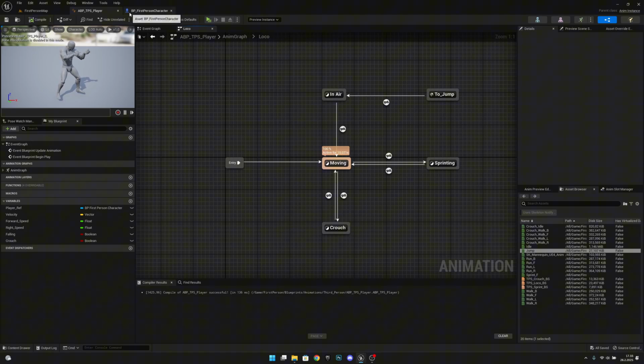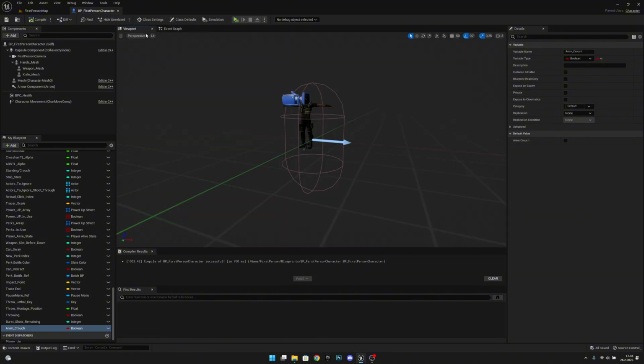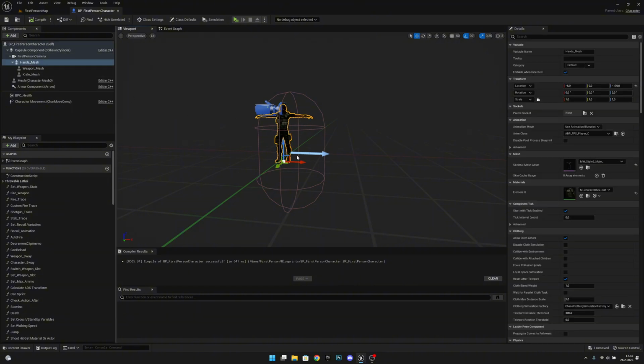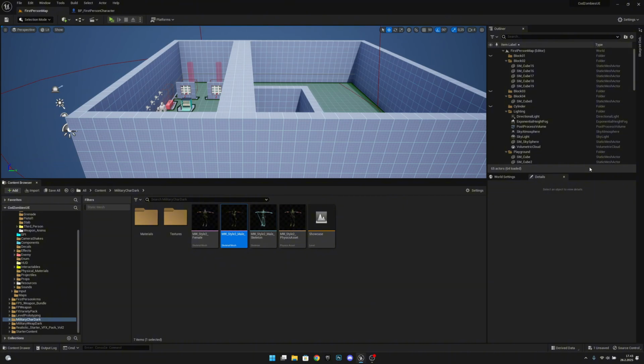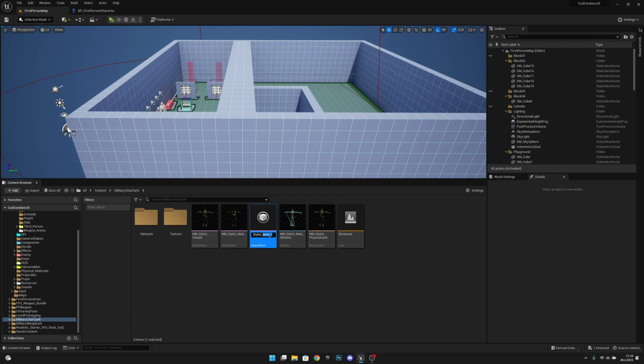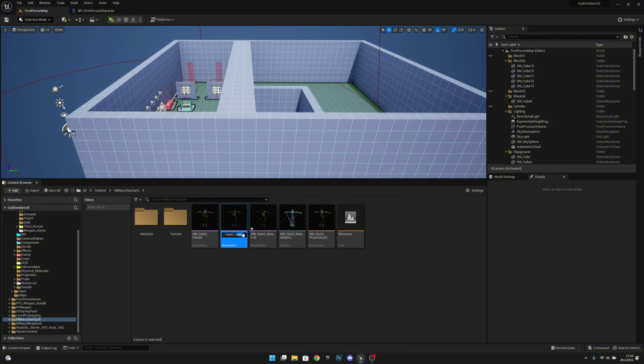Now we can actually close this animation blueprint, and we want to go back to the PP first person character and to the viewport. So now what we want to do, we want to select our hand mesh so we can see the MW style 2 mail and we can browse to its location. Now we want to duplicate this, and this duplicate we want to call it style 2 mail full. This old we want to call it mail